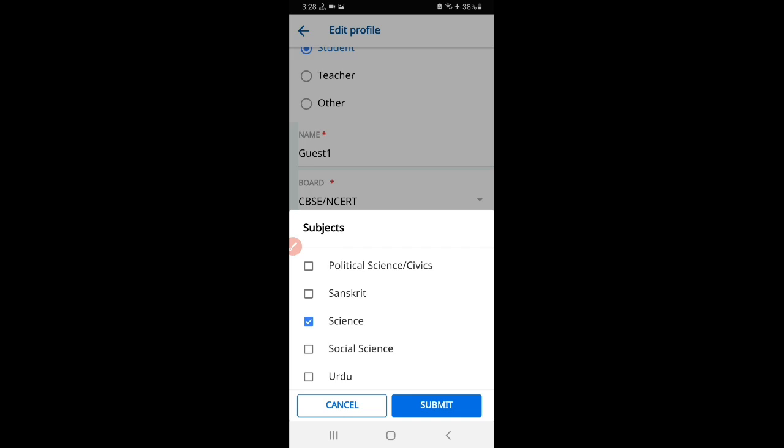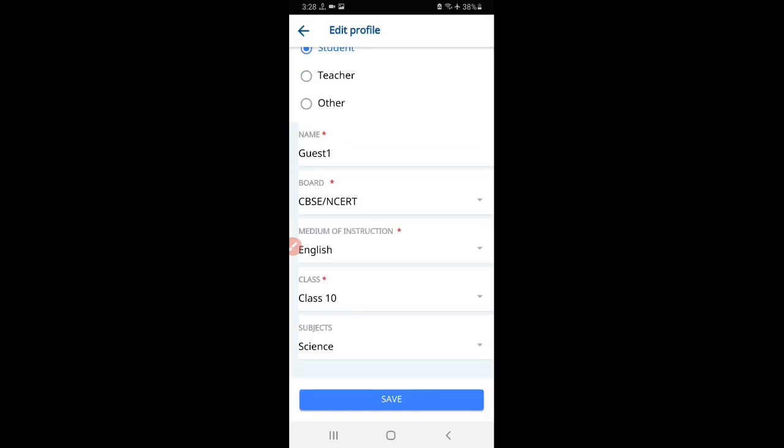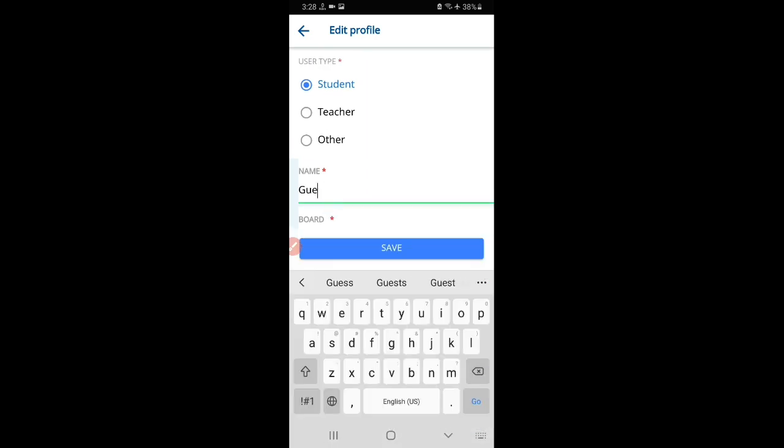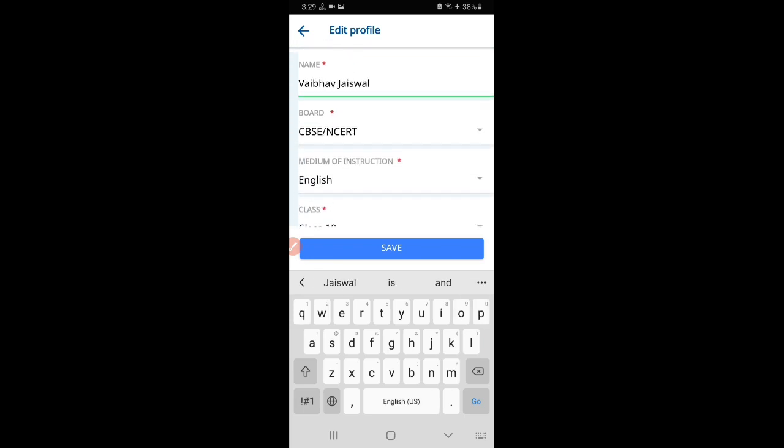Science, because we are going to give science quiz. Now submit, and guest name, you have to write down your own name which you want to be printed while you are going to receive a certificate. My name is Vaibhav Jaiswal, so I have written Vaibhav Jaiswal.